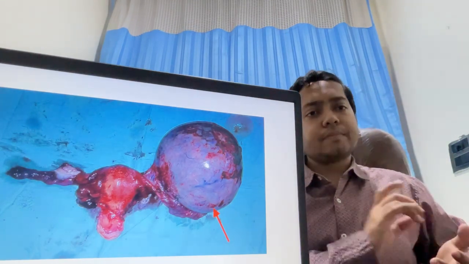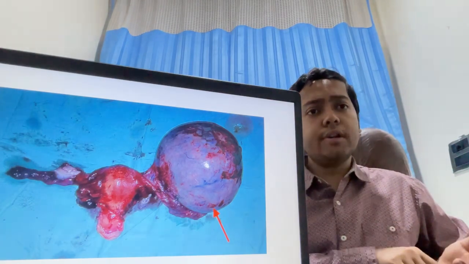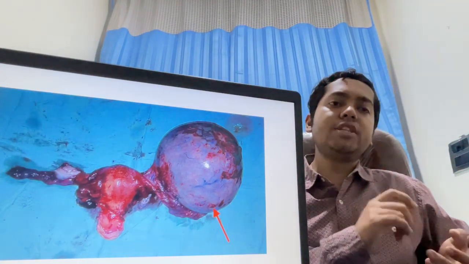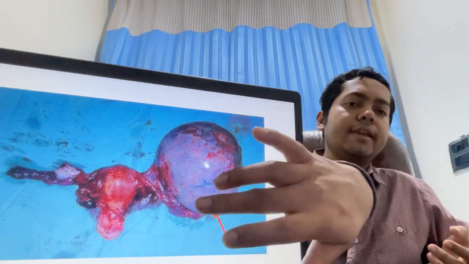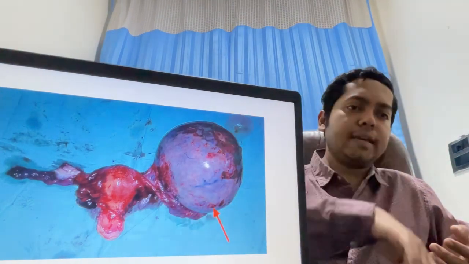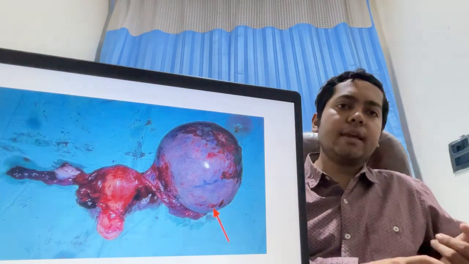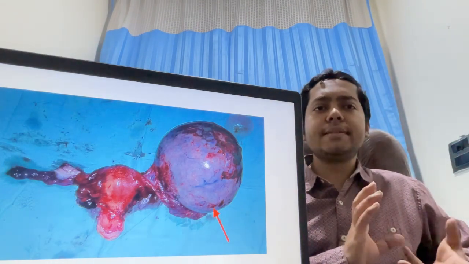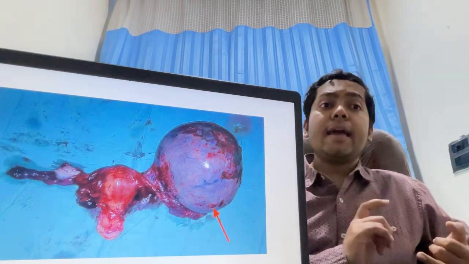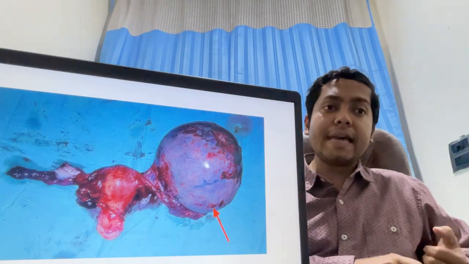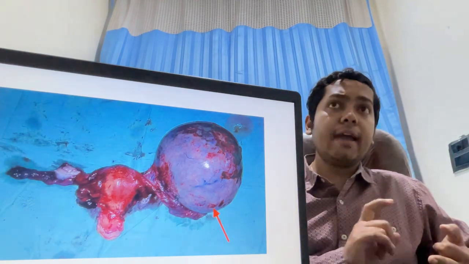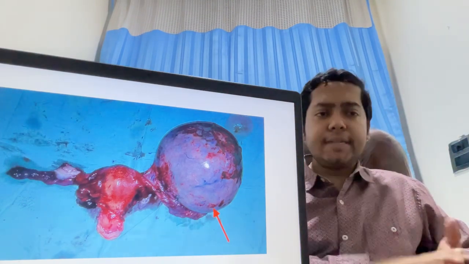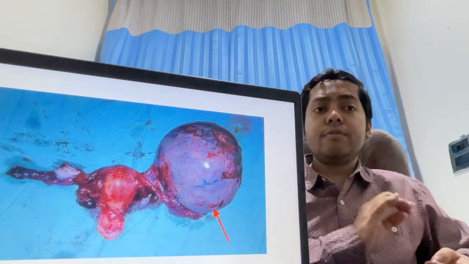So the answer is that nowadays modern oncology says that you can go for sentinel lymph node biopsy. Sentinel lymph node biopsy is you inject dye at the level of, if suppose this is ovarian cancer, then around the ovaries we will first inject dye. You can either inject methylene blue dye and you can inject indocyanine green. But in ovarian cancer the role is a little less because ovarian cancer generally presents at a later stage, but in cervical cancer and in your vulval cancer and endometrial cancer, there is high role of going for sentinel lymph node biopsy, whereby you inject preoperatively, you inject dye, and then intraoperatively you try to look for which lymph node has been